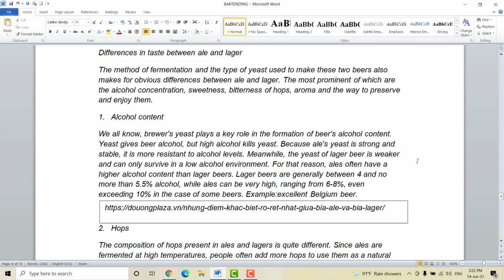Alcohol content. We all know, brewer's yeast plays a key role in the formation of beer's alcohol content. Yeast gives beer alcohol, but high alcohol kills yeast. Because ale's yeast is strong and stable, it is more resistant to alcohol levels. Meanwhile, the yeast